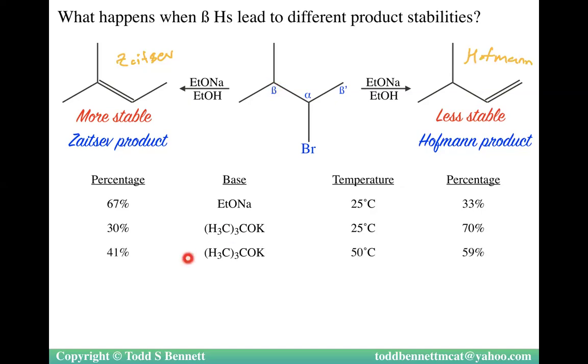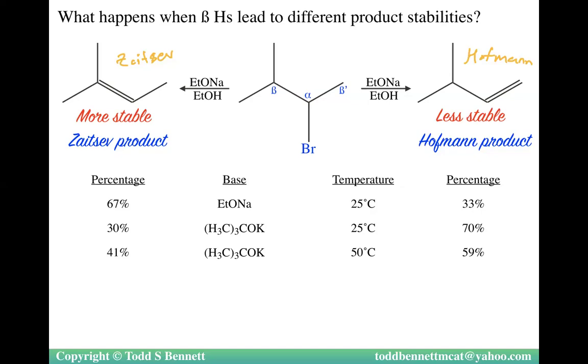So we're going to use this same base, but going to use higher temperature. With higher temperature, you can overcome, like you can force the base to come into this side. And in doing so, a little more of this product, a little bit less of this product. So as temperature goes up, reactions become less and less selective, and you start getting closer to 50-50 mixtures, generally